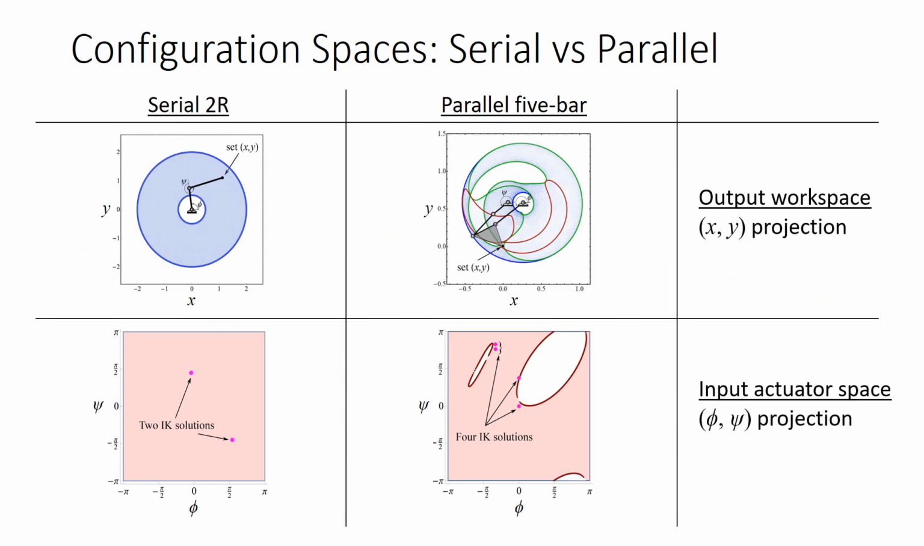When the 2D projection plane is chosen to be the output coordinates, xy, then the projected edges are called output singularities. When the 2D projection plane is chosen to be the input coordinates, phi psi, then the projected edges are called input singularities. At an output singularity, the configuration is at an internal or external bound of the workspace, and